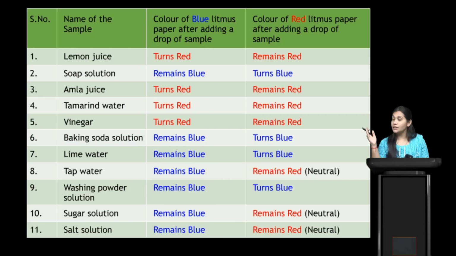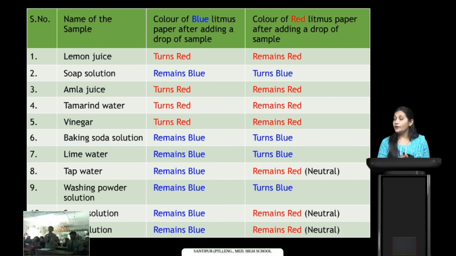Now comes the third, amla juice. If we use a blue litmus paper, it turns red, but if we use a red litmus paper, it remains red. Now the fourth one is tamarind water. So if we use,